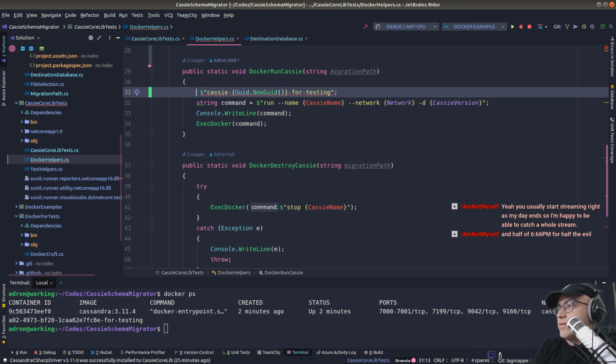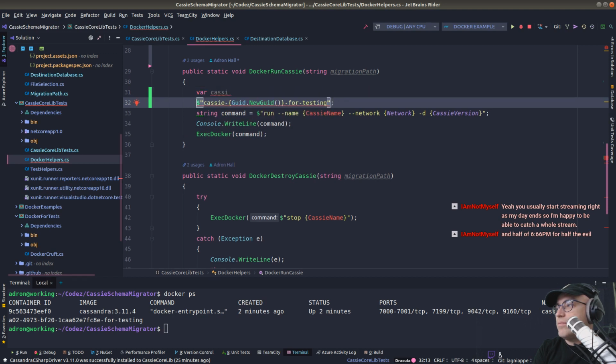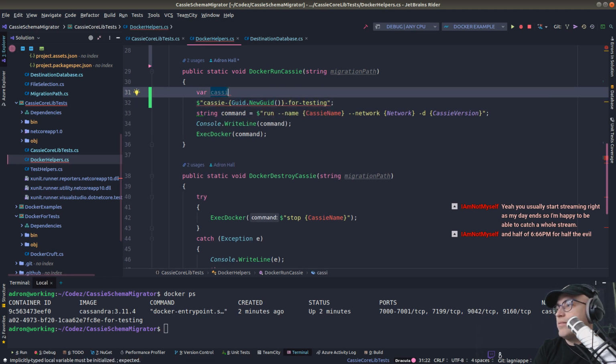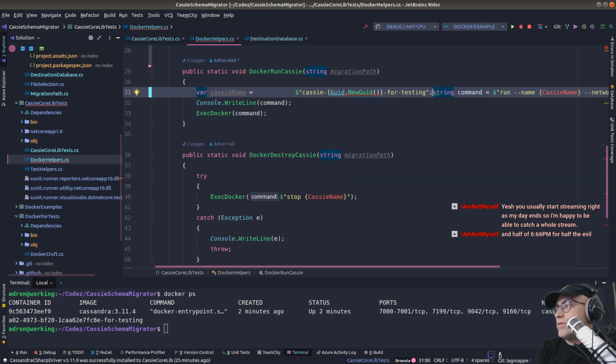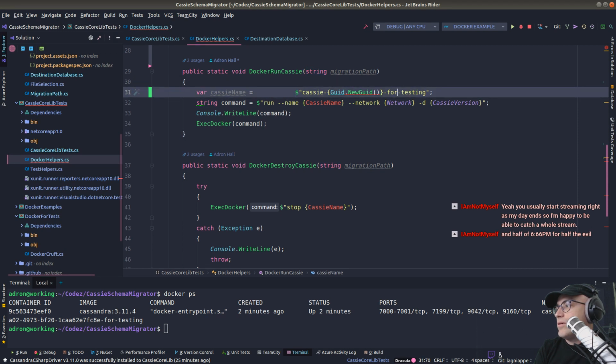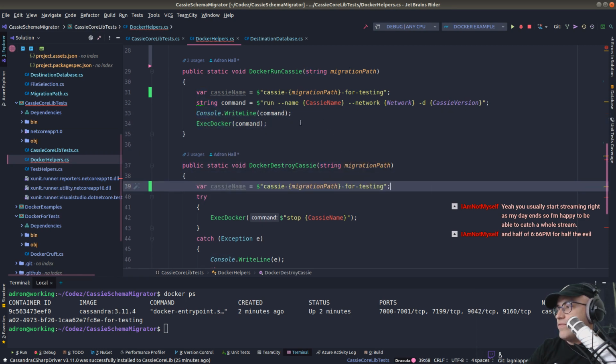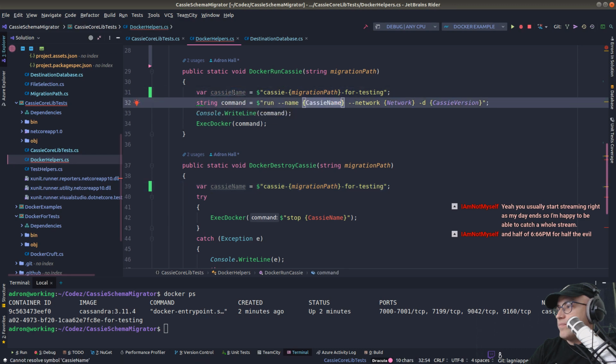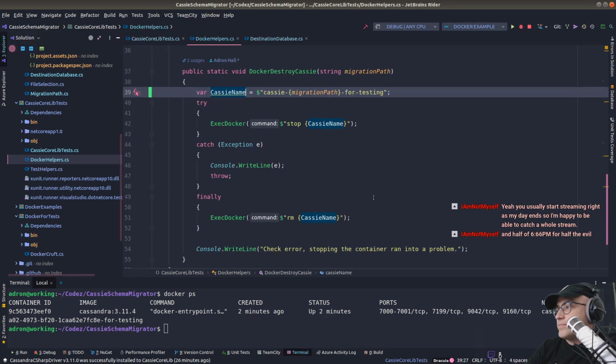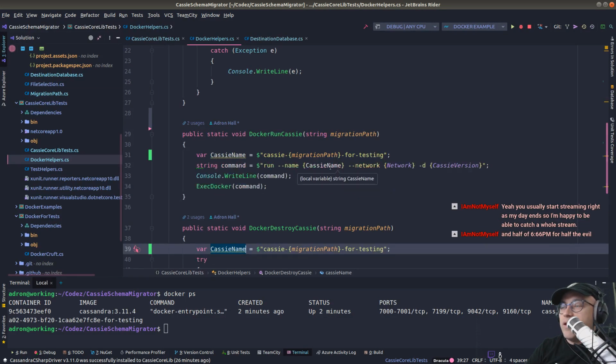and put this together. Var Cassie name. Cassie name equals. Whoa, not that. There we go. This. So I need to do the GUID at runtime, and let's put in the migration path. There we go. Okay. So that should fix that, but I wonder if I can make it not static, add a constructor, and then